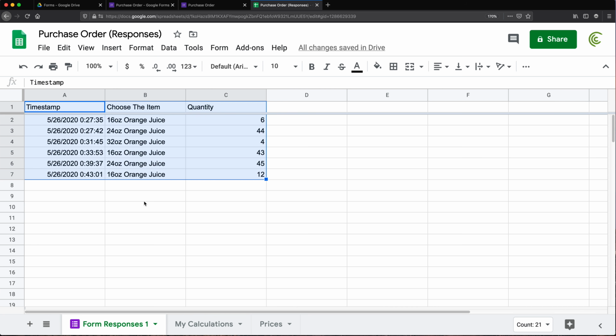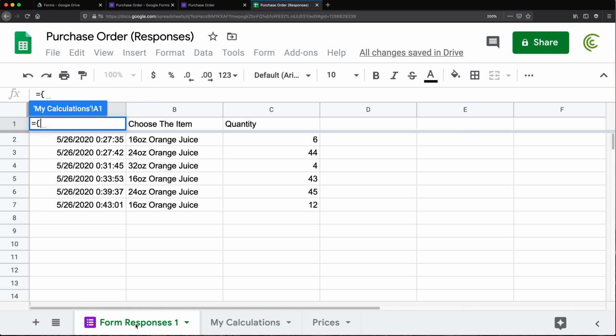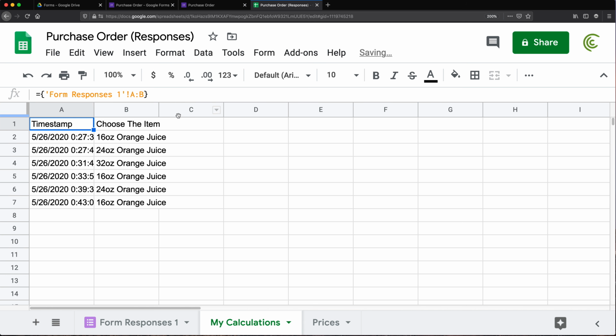And what I'm going to do here, I'm going to make sure I first just copy all the data that's in here coming from the form to this calculations spreadsheet. So I'm going to start an equal sign and open a curly bracket like this. Then go to this form responses and basically just select column A and B and then close that bracket like this. So if I hit enter, you'll see it copies the first two columns